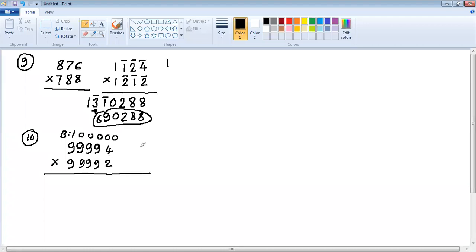Last from 10, 10 minus 4 is 6, minus 6. 10 minus 2 is 8, minus 8. Minus 6 into minus 8 is plus 48. There are 5 zeros, so 3 zeros you'll have to put to match the number of zeros in the base. 94 minus 8 is 86. So 99994 will change to 99986. So the answer is 99986000048. Base method of multiplication less than base.